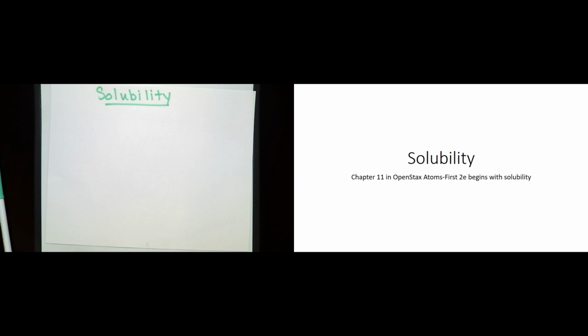And I wanted to start with solubility. So we're starting with chapter 11 in the OpenStax Atoms-First textbook. And I have a little PowerPoint, just slides to kind of help you anchor it. You can print those out, or you can have those open and make notes on them as you like as we go through. It's important that you, when you watch these videos, you engage with them just like you would